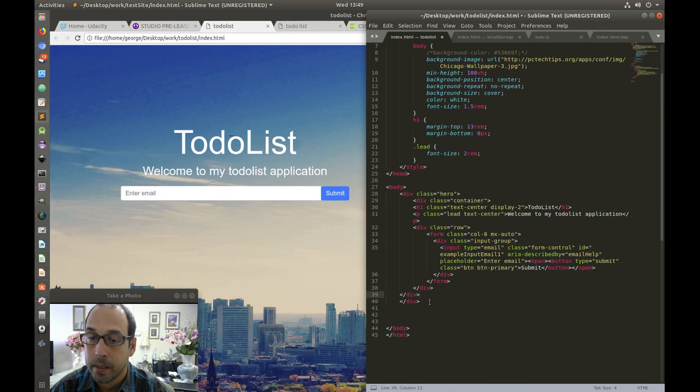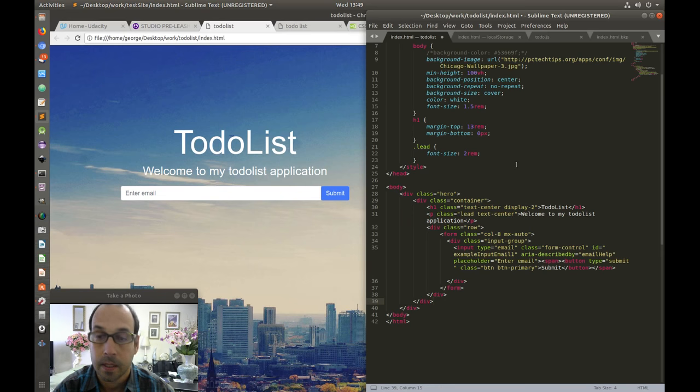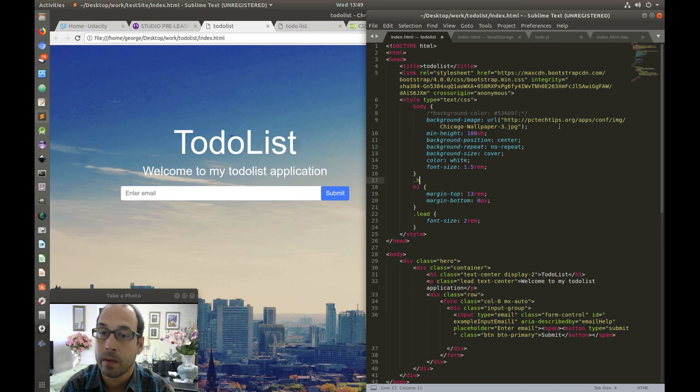We're going to paste it there, and I'm going to indent this section right here. I think that's enough. Next I'm going to go back into CSS, and I'm going to create a hero CSS rule,